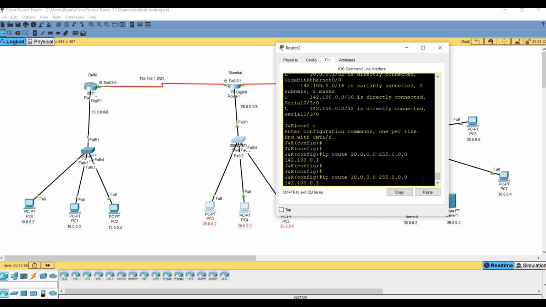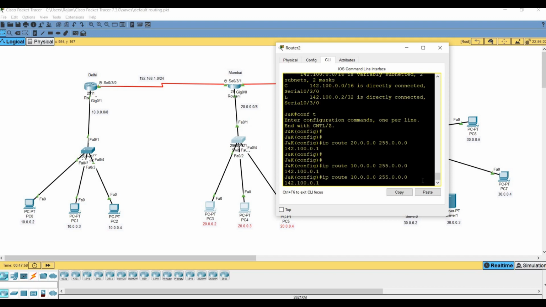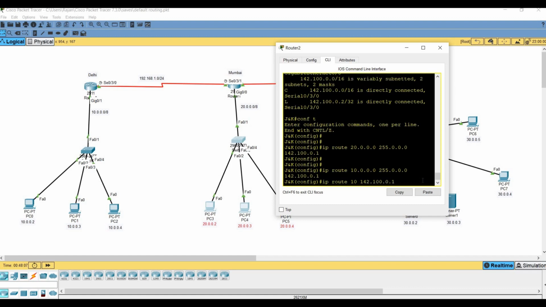Then we will configure this route, the 10 network, and this network, 192.168.1.0. Subnet mask will be 255.255.255.0.